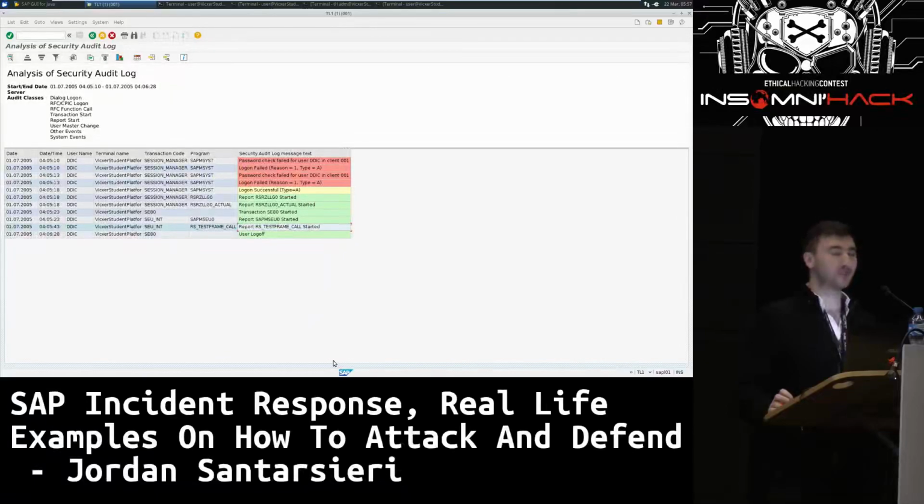So that's why I was mentioning at the beginning of the story that not always the good guy wins when you do SAP forensics, when you have to do a forensic analysis of such a gigantic type of system. So there is no way to know what the attacker did.